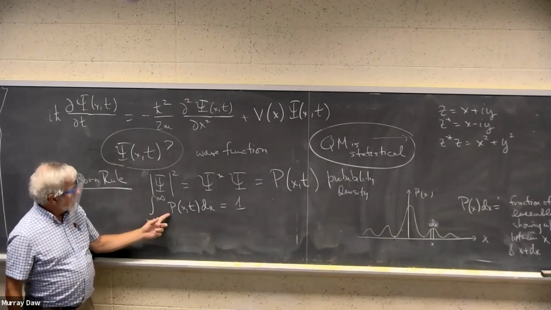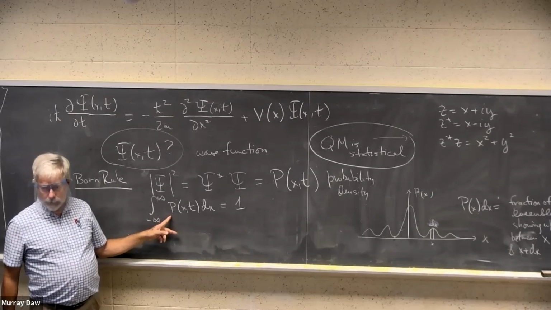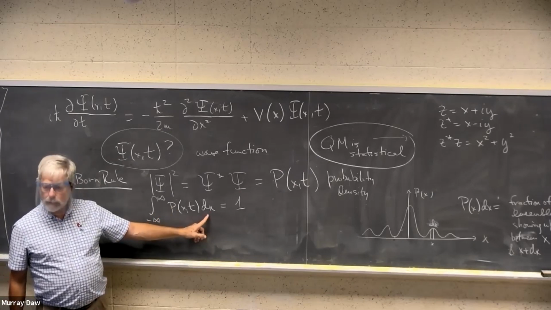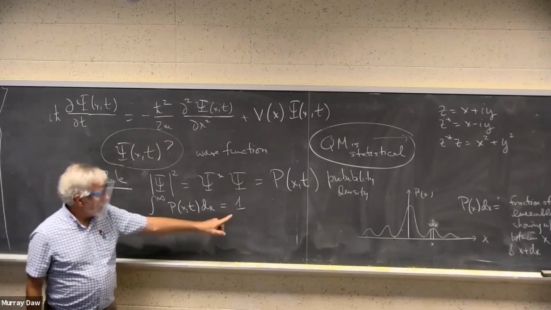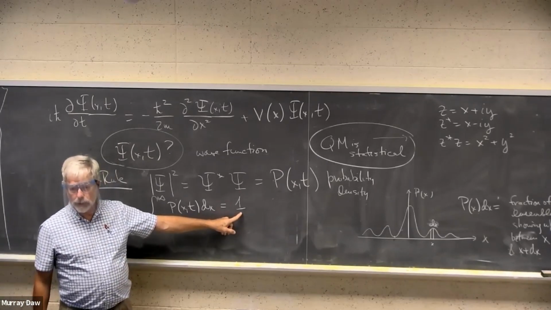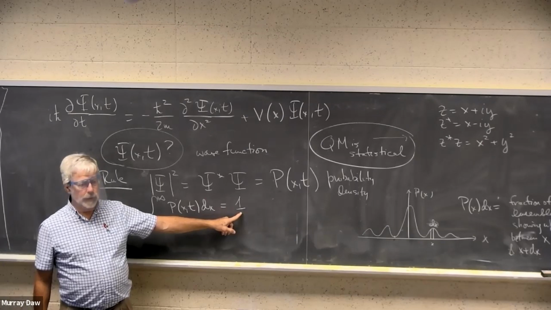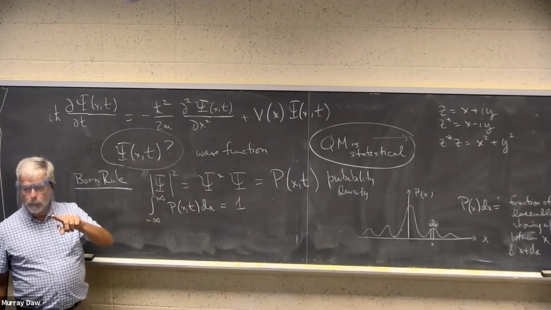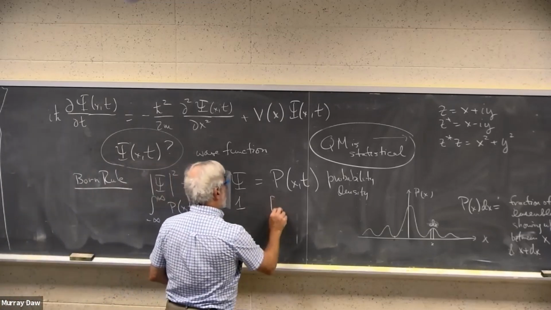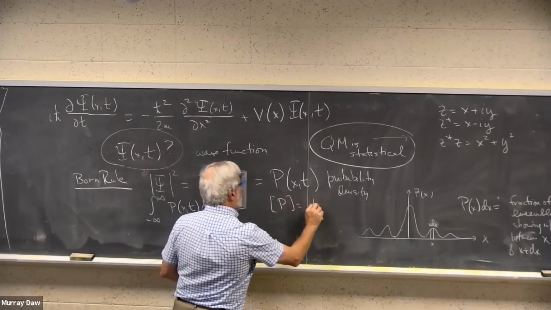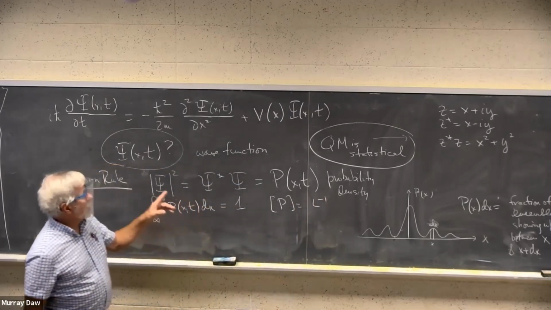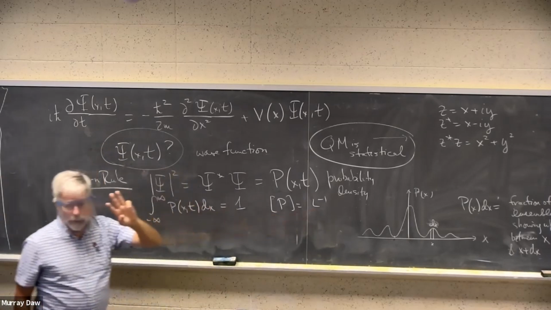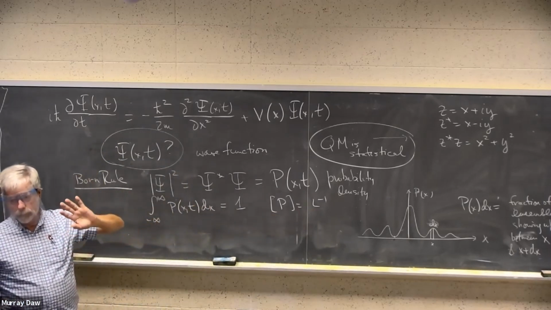So that means the dimensionality of this thing, what is the dimensionality of x, the length? What's the dimensionality of this? It's dimensionless, it doesn't depend on the system of units for length. That means this probability density has to be like 1 over length. All right, the dimensionality of the probability density for one dimension is 1 over length. When we go to 3 dimensions, it'll be 1 over volume.